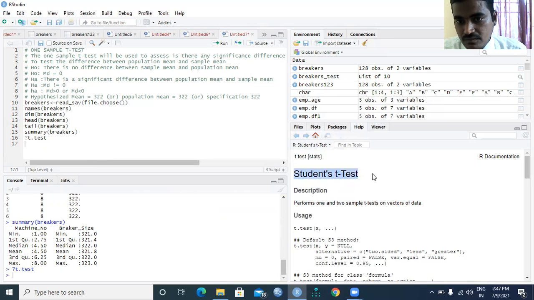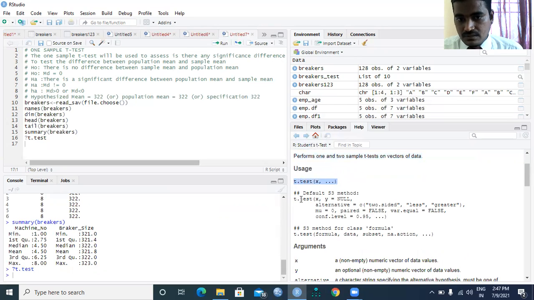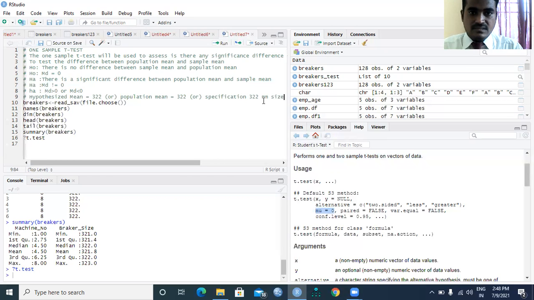Here it will give you Student's t-test. The description: performs one and two sample t-tests on vectors of data, and the usage and the t-test formula.